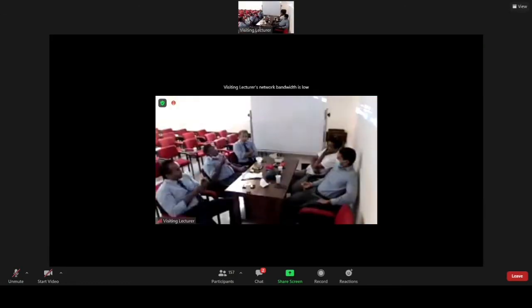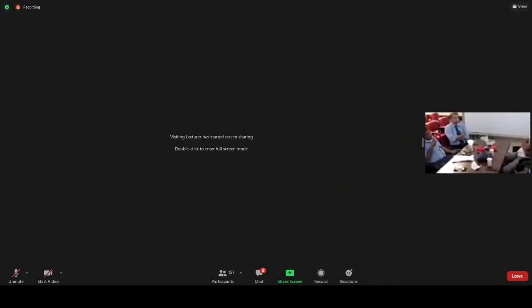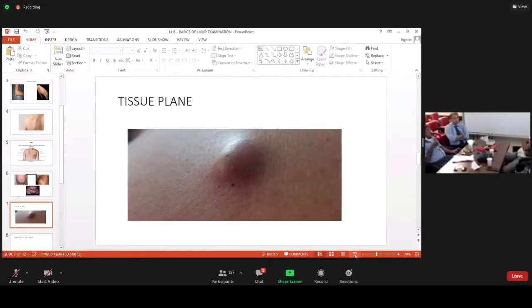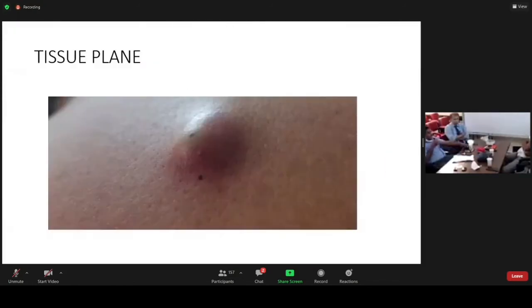So really emphasize the importance of the anatomical site of the lump. Sometimes this will make 100% of the diagnosis. Most of the time it makes more than 70% of the diagnosis. Then the next important thing, when you recognize where the lump is, you have to observe whether he has more than one lump and similar lumps elsewhere. If it is a paired organ especially, you have to compare. If there is one lump in the dorsum of the hand, see the other hand as well. If it is not paired, of course, you can't do that.